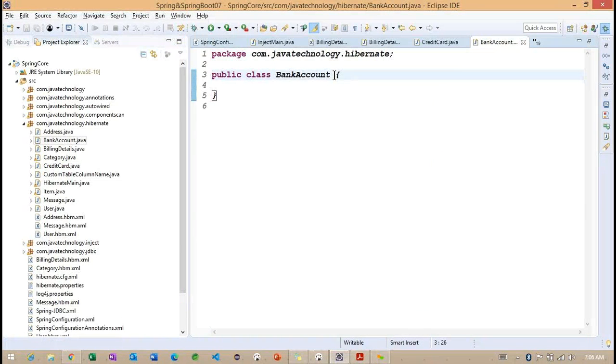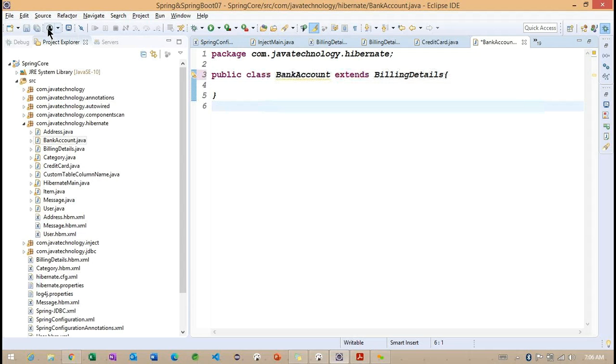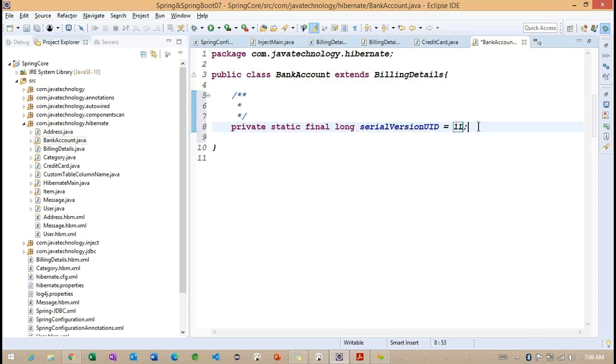It is called BankAccount. This BankAccount also extends BillingDetails, not implements. After this, we need to provide the ID. So what are the BankAccount properties we have?